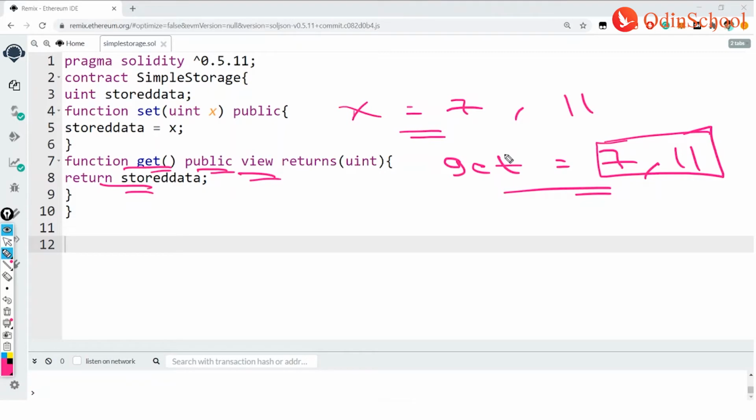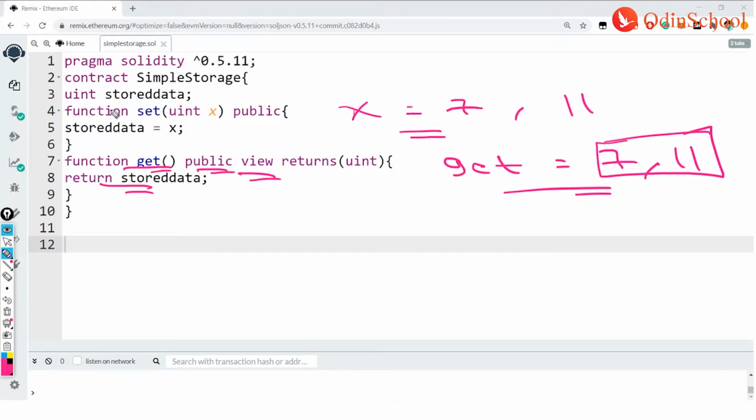So I hope you have understood this entire program which I have explained to you right now. So pragma solidity ^0.5.11 indicates whatever version you take, in that respective version it gets compiled, and then comes your contract and your contract name. It is same like your class definition. And then in your 3rd line you take your data type, your access modifier, and then your variable name. Here your data type is unsigned integer. Access modifier, as you have not mentioned anything, it is default, it's public. And stored data is your variable name.